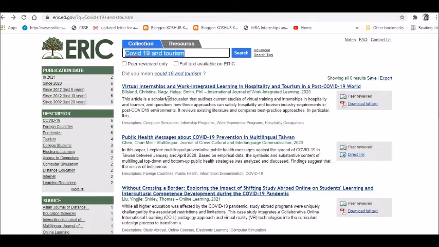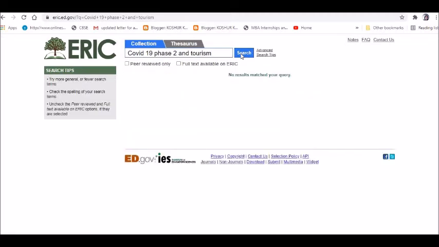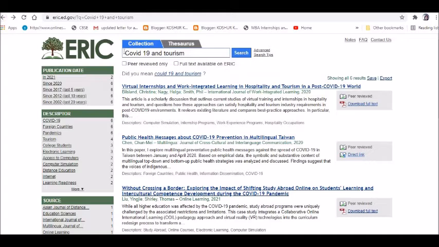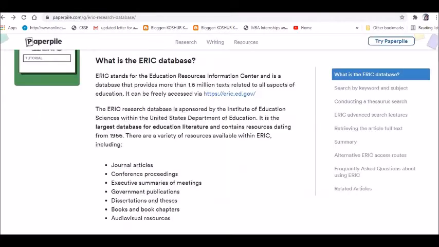So public health messages about COVID-19, okay, or if you want to refine it further, you can even say phase 2 part of COVID-19, and then tourism. Now see, we do not get much of a result. That means the words that I am choosing here are not the correct ones. So you can go ahead and make this kind of a thing.